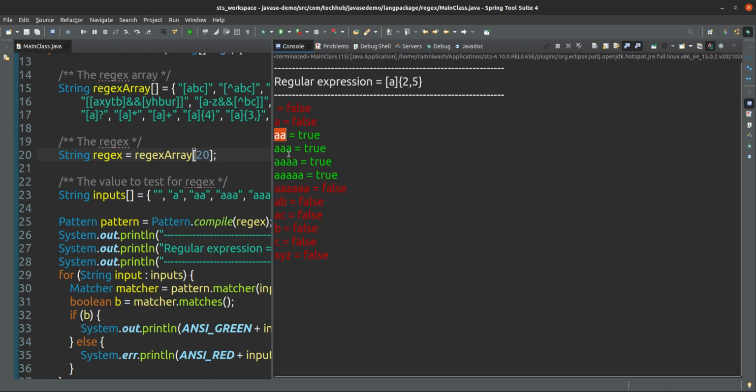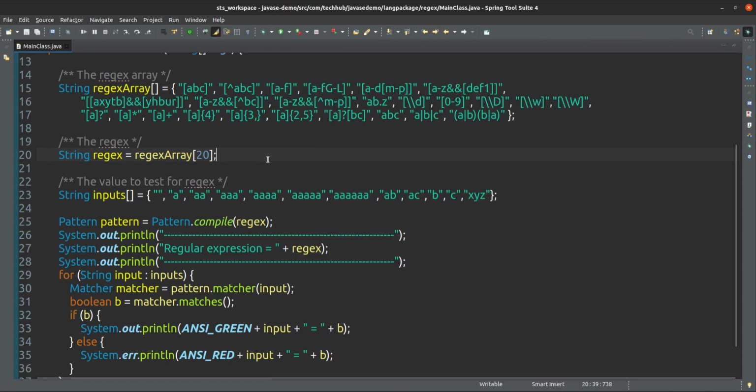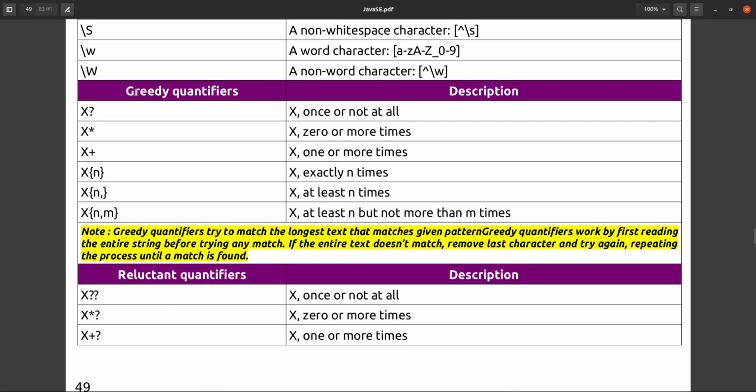So 2 times it is passing, 3 times, 4 times and 5 times, but 6 times it is failing now. Okay, so this is all about the greedy quantifier.